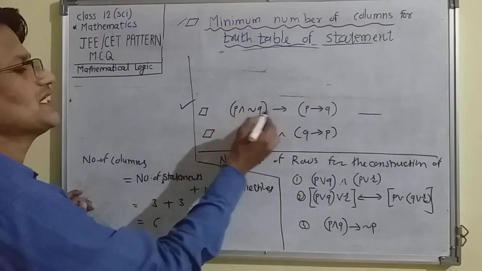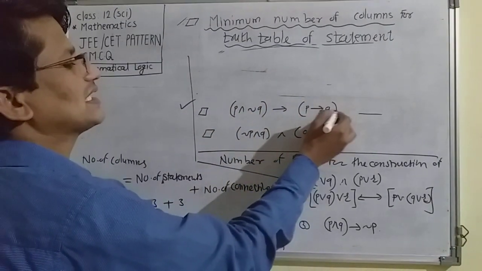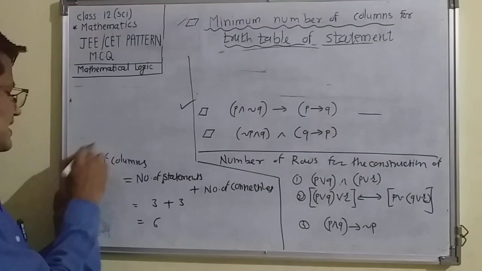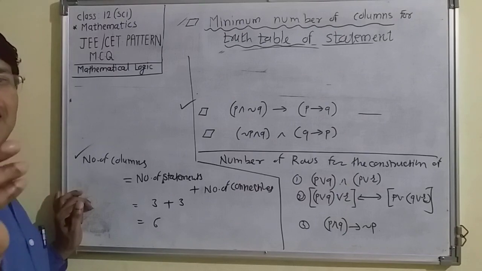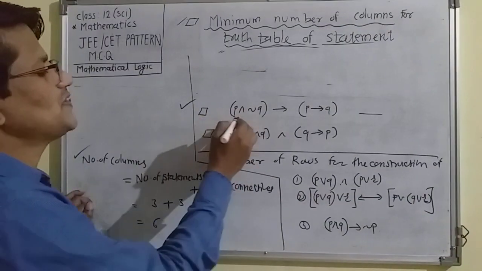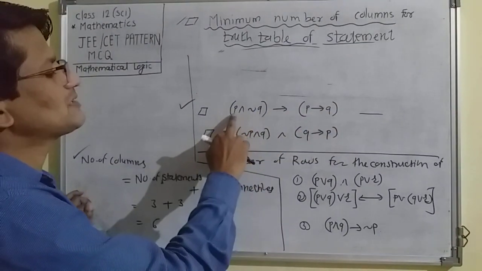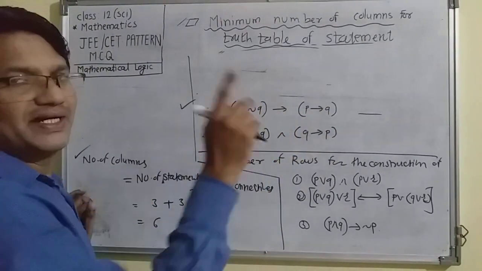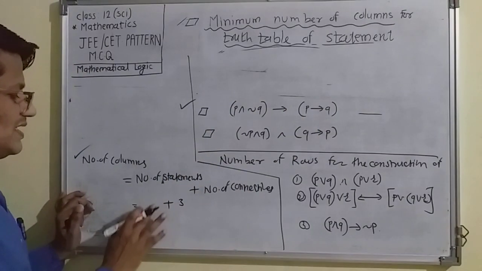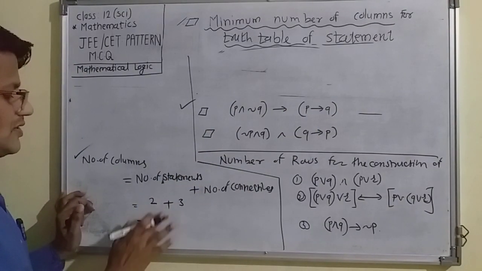P and negation Q implies with, P implies with. Options are not given. Once we get this technique, we do not need to find all the options here. Use only this trick. Observe the number of letters. Number of letters: P, don't take it as a double, P and Q. There are 2. So here write number of letters are 2.